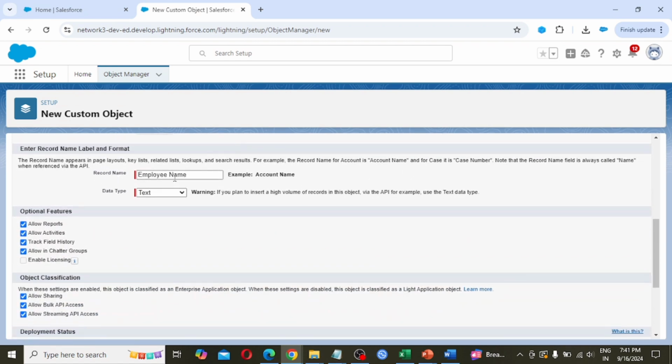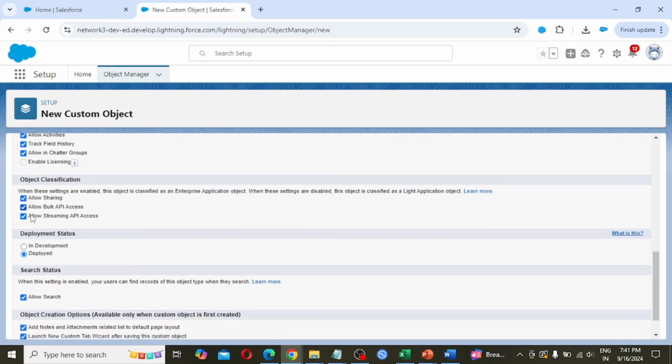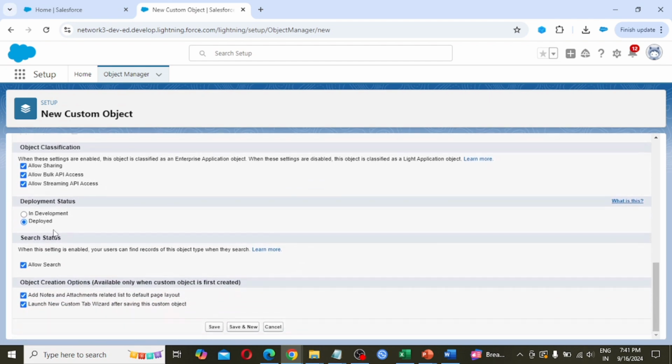Record name is going to be populated by employee name, and data type we are choosing text. Here we have to check all the optional features. Object classification is also checked. It is in deployed status. Allow search is checked, and both these checkboxes are checked.